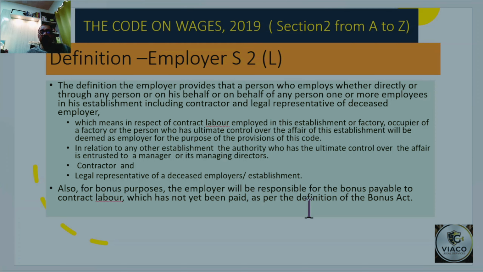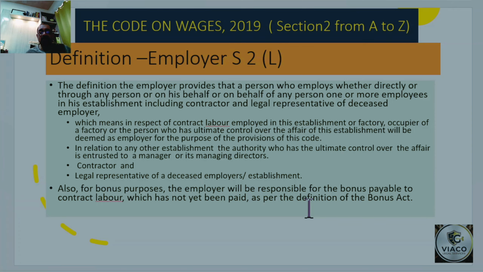So contract labor जो employed रहती है establishment में और factory में और occupier of a factory में or the person who has ultimate control over the affair of the establishment. So ये जो लोग हैं, ये जो the controller हैं, ये जो manager हैं, deemed to be as an employer for the purpose of provision of this code. So employer definition में ये सब लोग employer definition में आ जाते हैं, जिसमें अगर मैं बोलूँ the person who